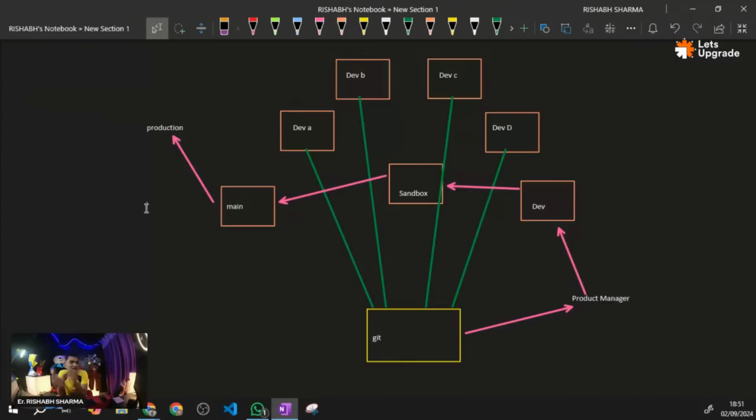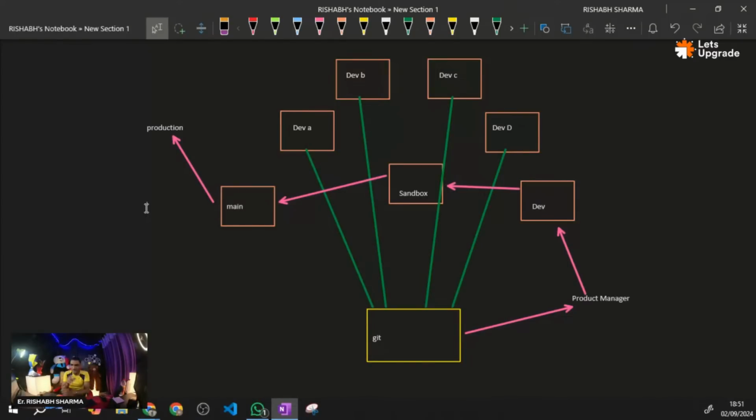That's it, right? Now suppose developer A ने अपना code फेंक दिया Git पे, centralized repository पे, right? Developer B has thrown its code in the centralized repository. Developer C has thrown the code in the centralized repository, and developer D has thrown its codes to centralized repository. Now everybody's code independently is present in this centralized repository, right?